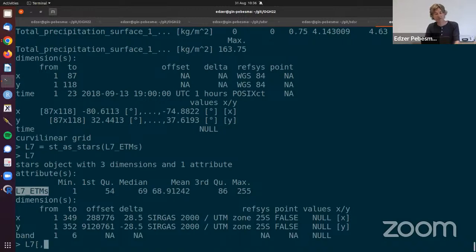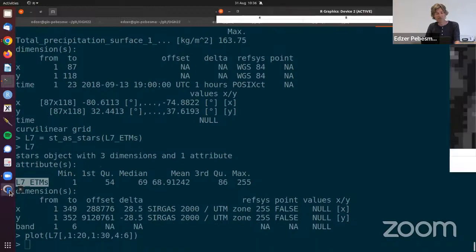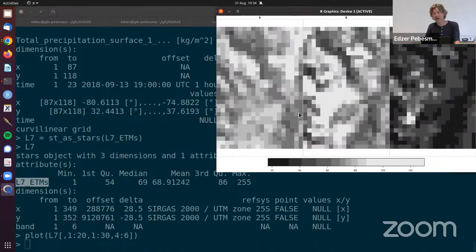by saying I want for X to have the first 20, and for Y I want to have the first 30 cells, and then for the band, I want to have band 4, 5, and 6. Yeah, so something like that, and then plot that, and then you see that it's being plotted. So there's 3 bands 4, 5, and 6, as you see here, and then these 20 by 30